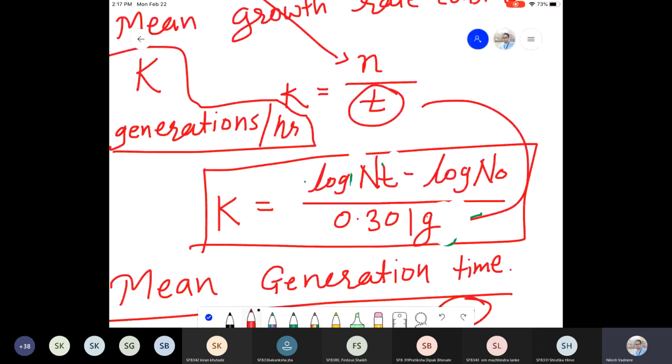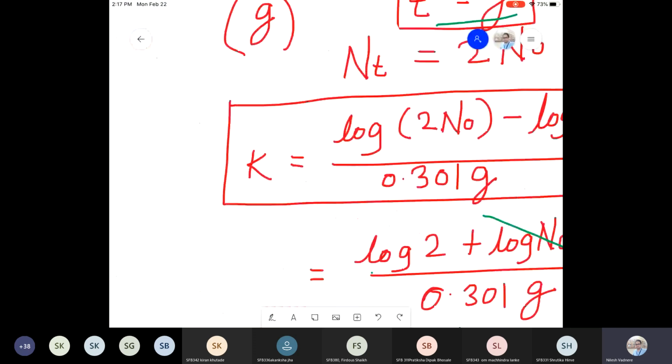ठीक है, चलो. I will give you one question. तो आप उसे solve करने की कोशिश करो. The question is,